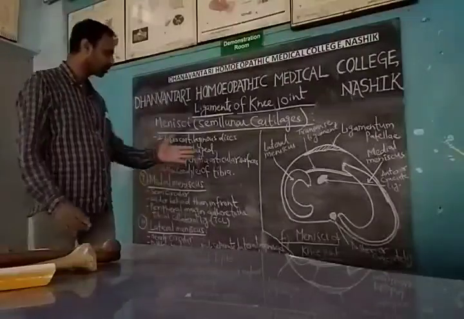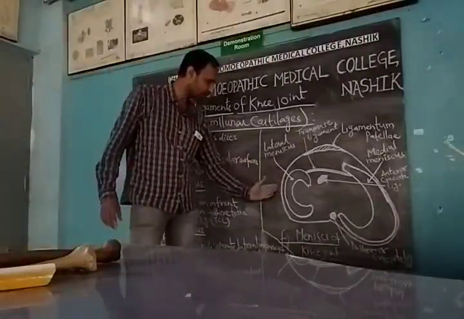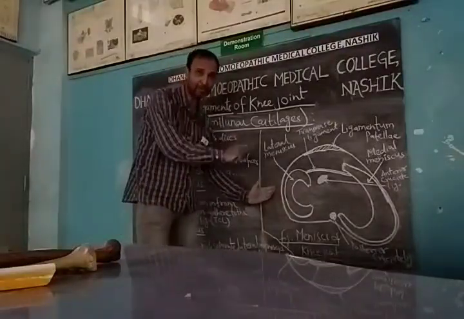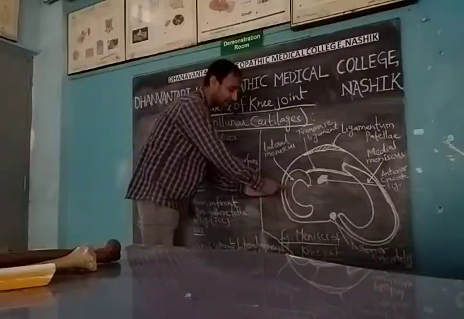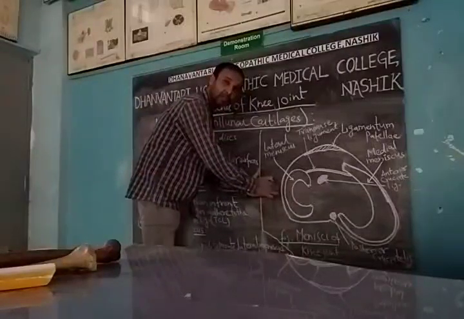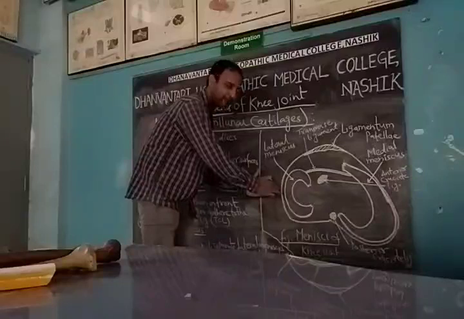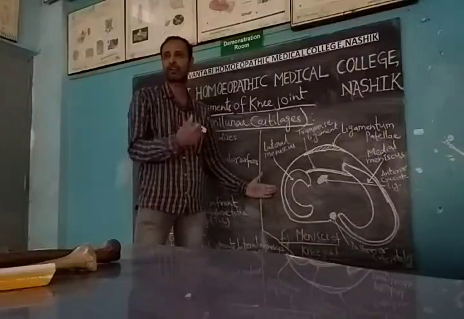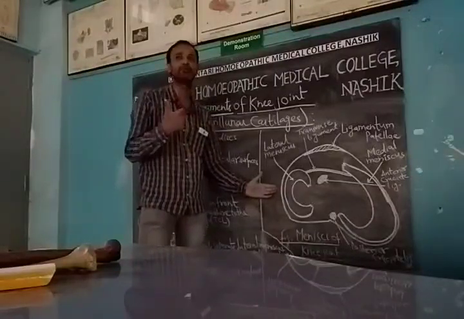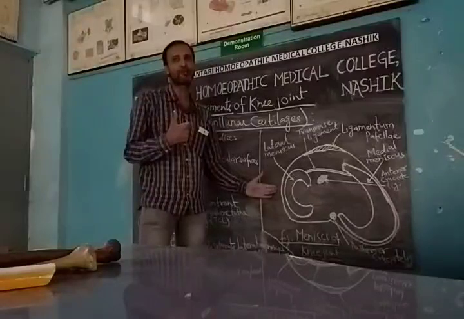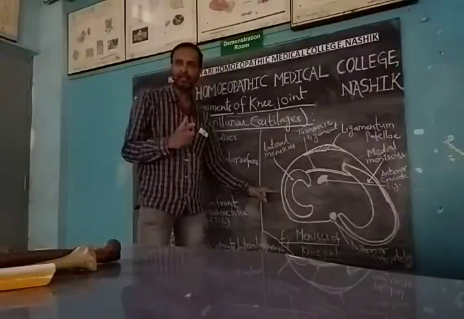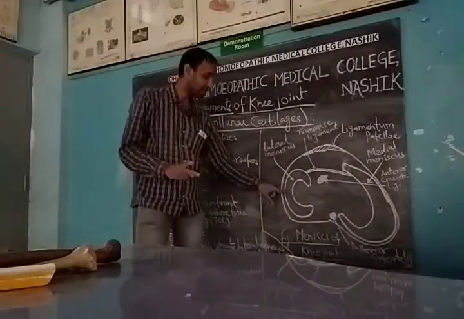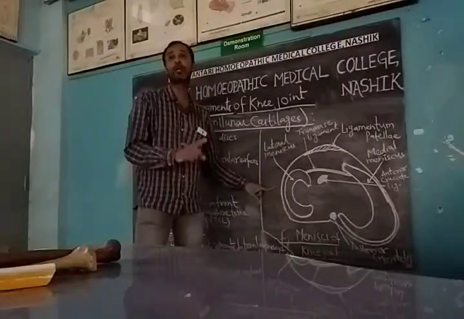Then there's a very important part. Here also it is attached to the fibular collateral ligament, but between the lateral meniscus and the lateral or fibular collateral ligament, as we have already seen in the previous diagram, two structures are present. What are these two structures? One is the tendon of the popliteus muscle and the other is the capsule. These are present between and separate the lateral meniscus from the fibular collateral ligament.